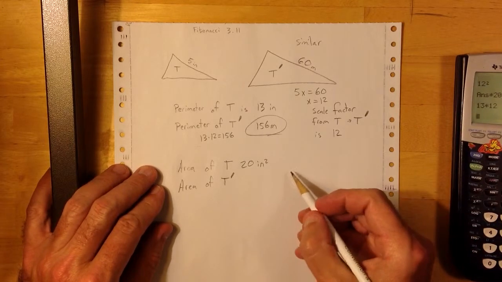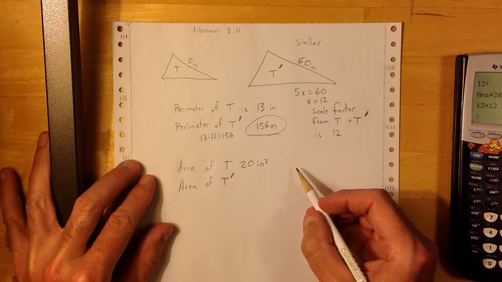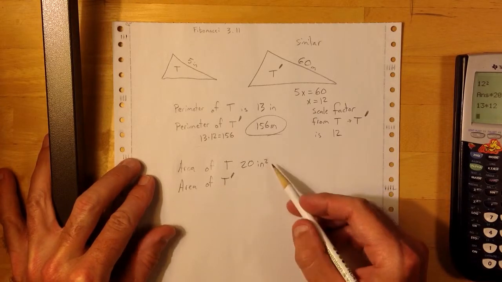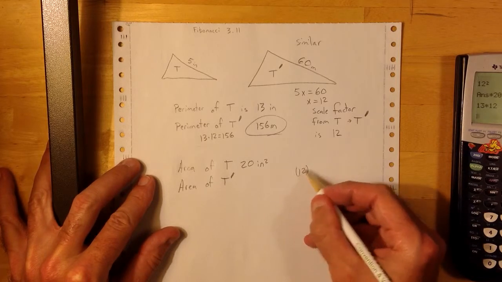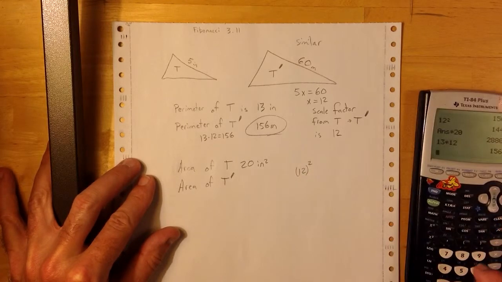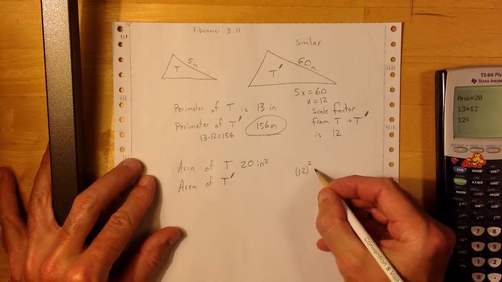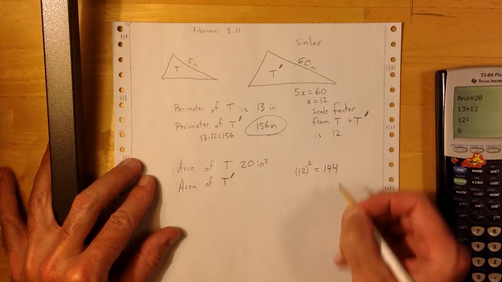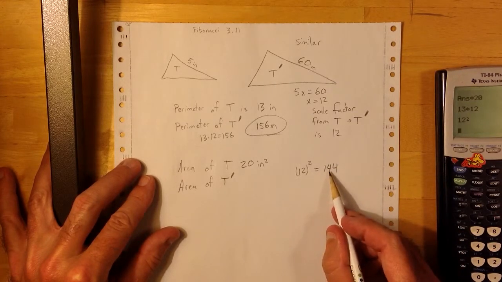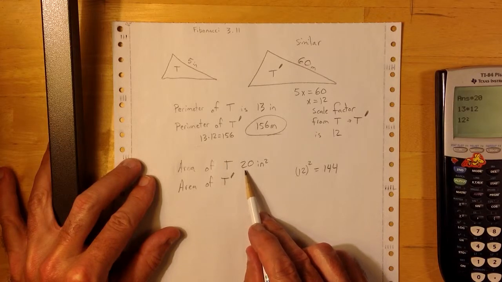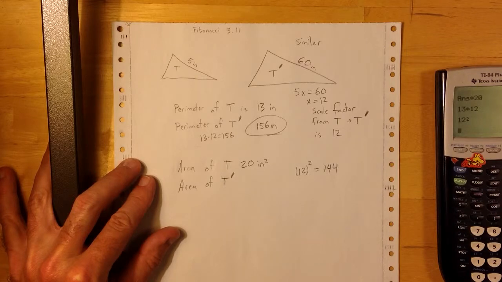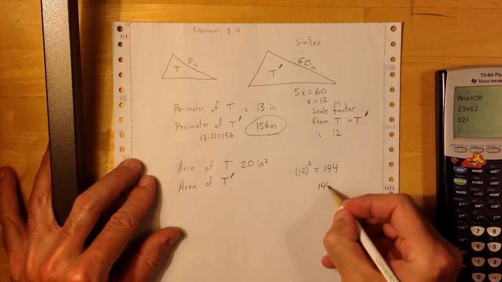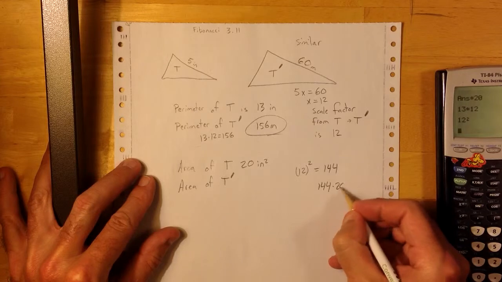Now if you recall from the very first video, when we have a scale factor and we're talking about area, we have to take that scale factor and square it. So we're going to take 12 squared, and that equals 144. We'll be able to take the 144 and multiply it by the original numeric value of T to come up with T prime. So when we take 144 and multiply that by 20,